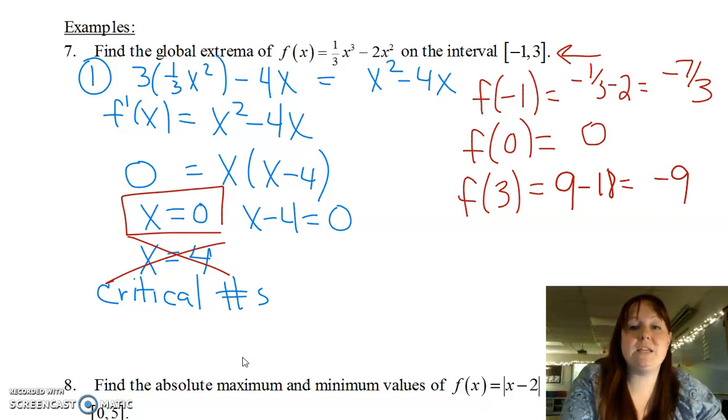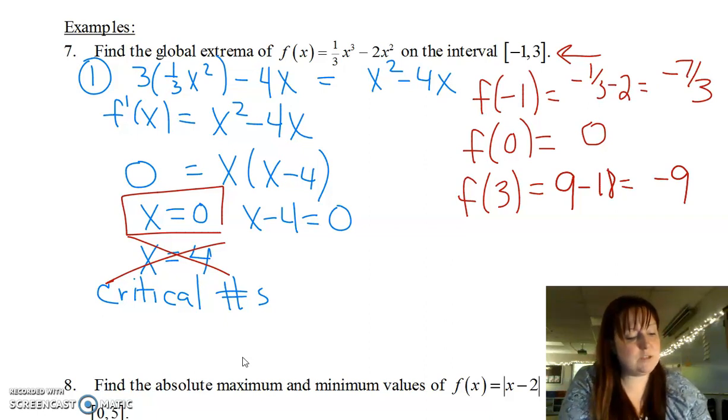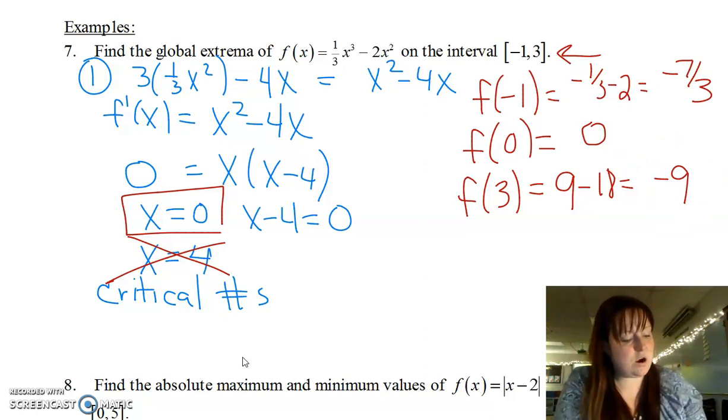Okay, so we're looking for global extrema. We're looking for the biggest and the smallest y values on this interval. We looked at our endpoints, and we looked at our critical numbers. And the biggest possible number that it can reach is 0. And the smallest possible number it can reach is -9. So our global max